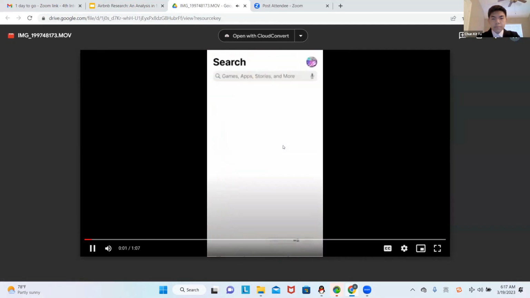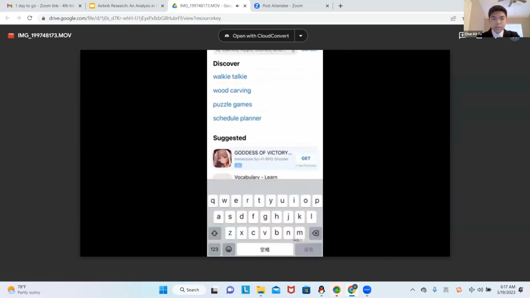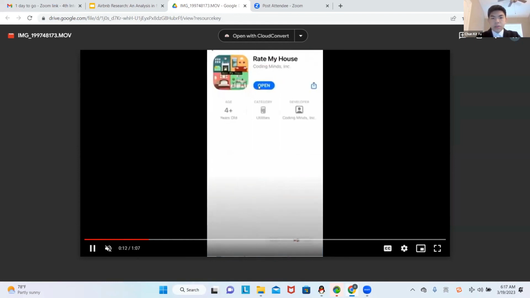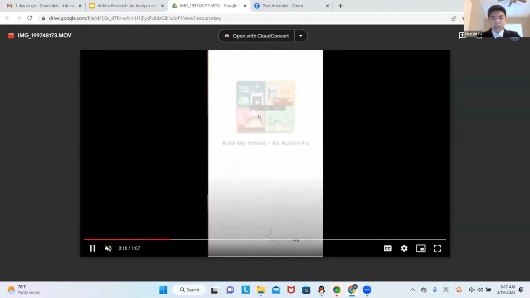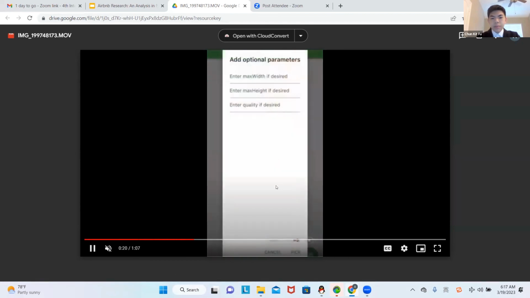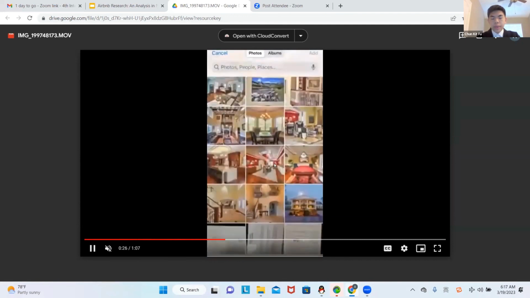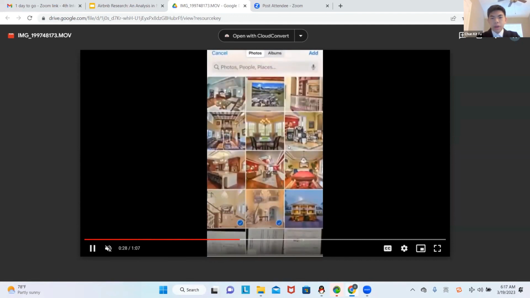It's in the App Store. It's called Airbnb Flutter, also called Rate My House in the App Store. And here's how it works basically. We open the app, and we select all the images that you might want to import onto the Airbnb.